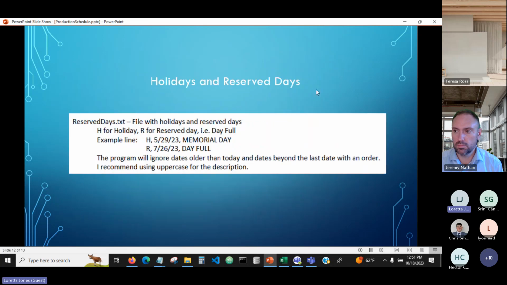This is a little example of their holidays and reserve days. So if they want a holiday, they just put in that text file the H comma, this format, and the day, or whatever they want it to say. And the program picks this up and adds it into the schedule. It ignores dates that are older than today and dates beyond the last order date. So that makes them able to go when they do their schedule for 2022, or when the new year's coming,